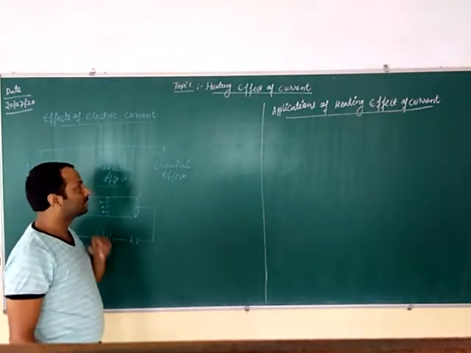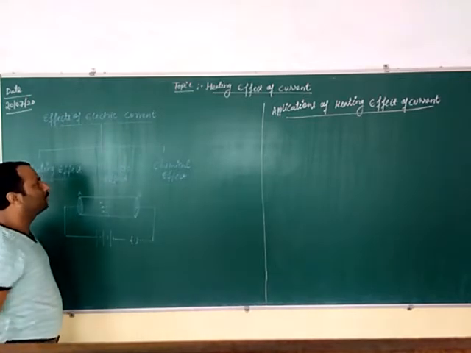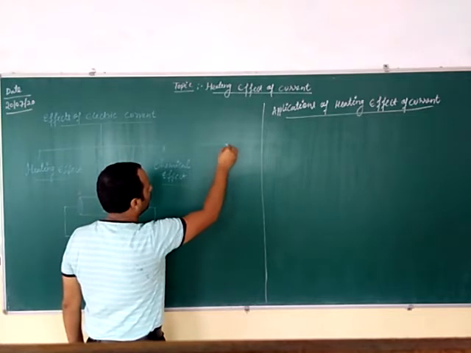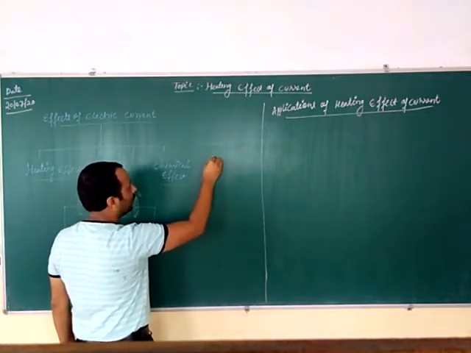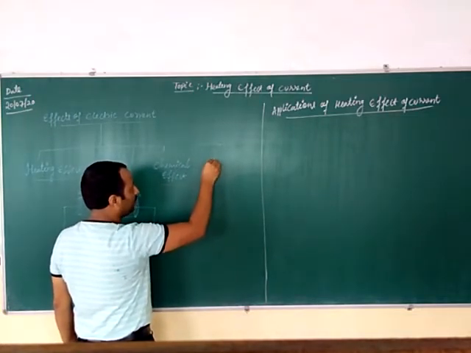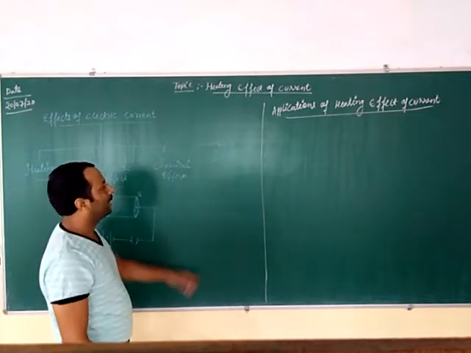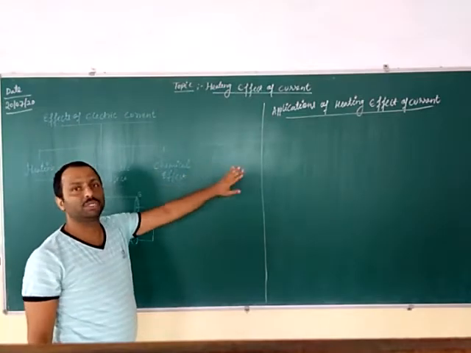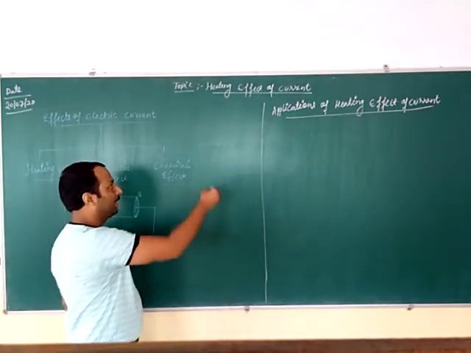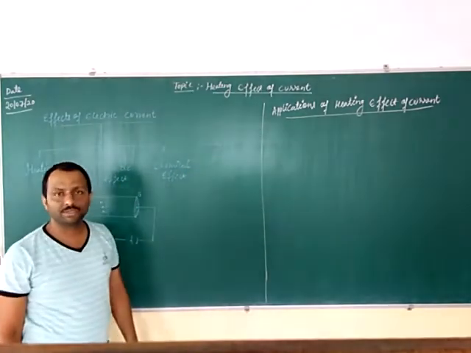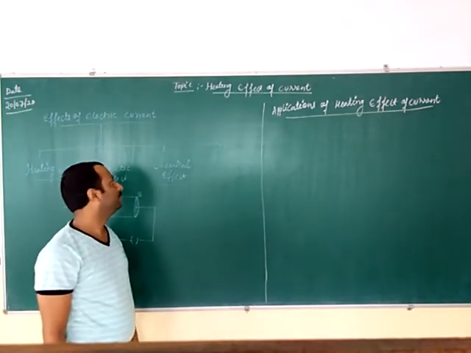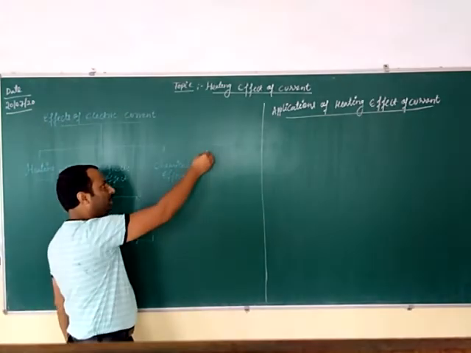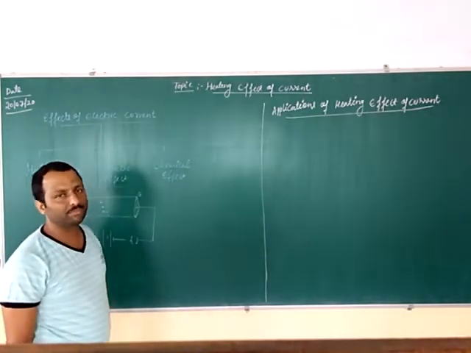When you were in class 8, you might have learned about the magnetic effect. In the magnetic effect, when the current was flowing in the wire and a magnetic compass was placed below that wire, the magnetic compass showed the deflection. Secondly, when the direction of the current was reversed, the magnetic compass again reversed its direction of deflection. So that was the magnetic effect of the current. When the current was flowing, the compass was showing the deflection.